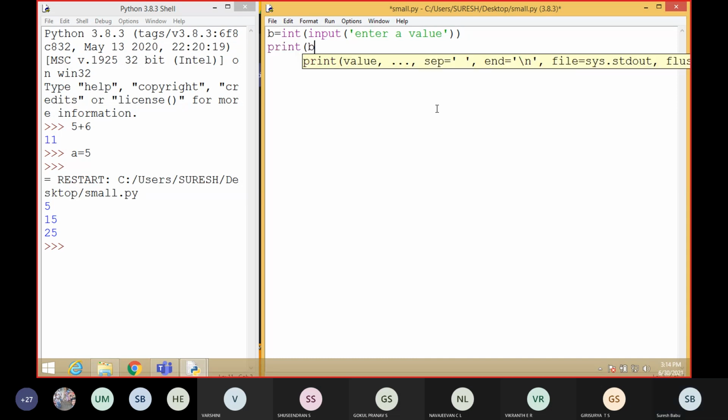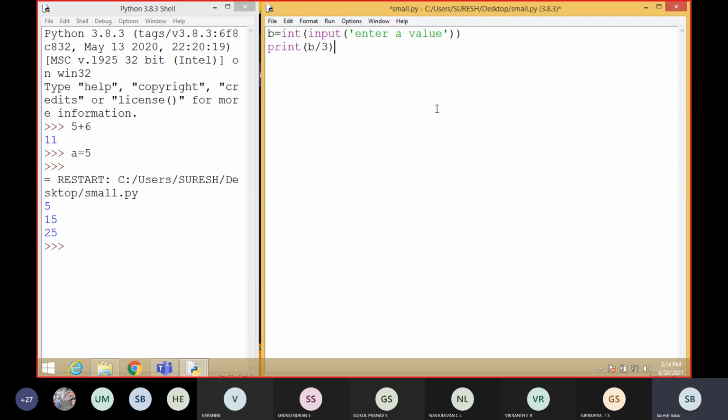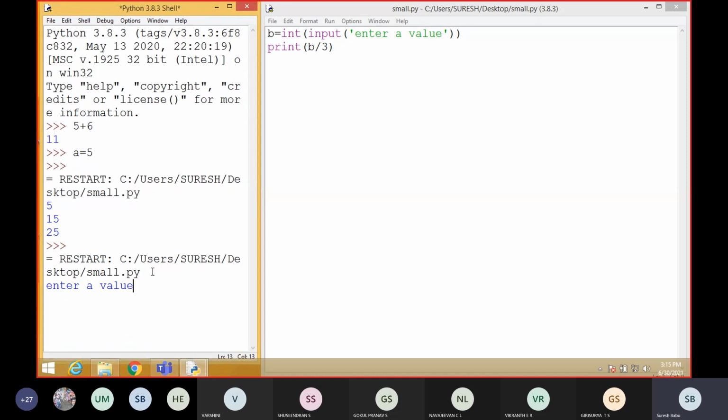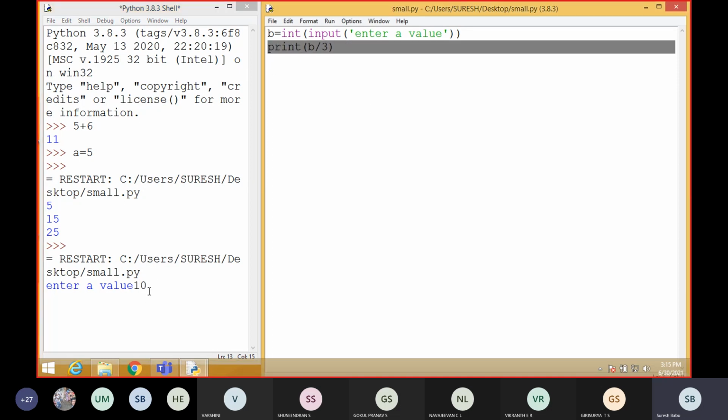Yes, sir. So now this is the program, and I'm going to execute it. You can give any input. See, enter a value. Tell me, what is the value? Any value you can give me. Students? 10. Okay, 10. Right. Then if I press enter, the remaining program will execute and display the answer.